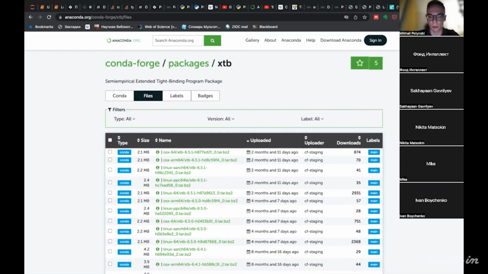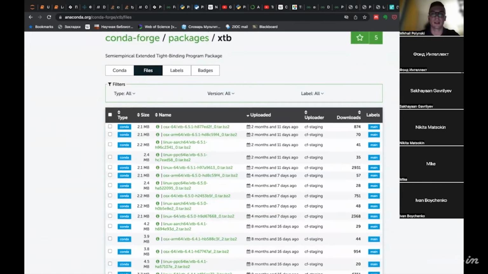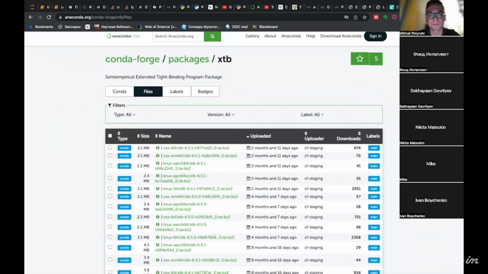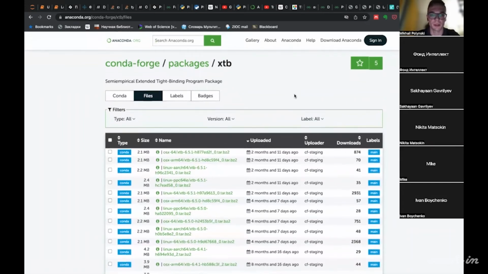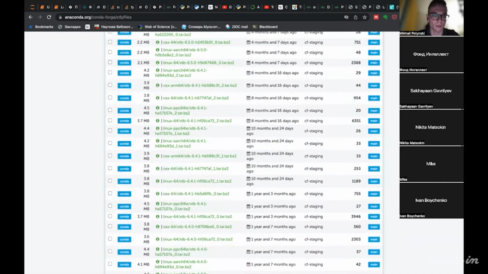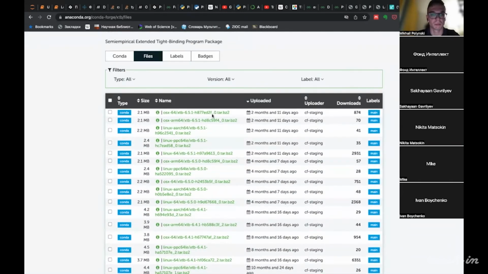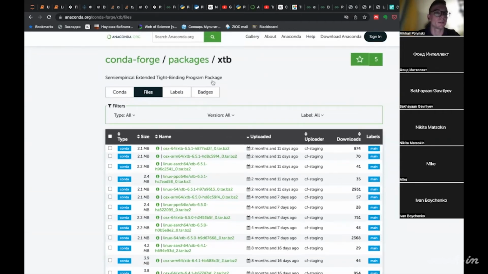However, it's a shame because as I know, some people ported the XTB program that is distributed within this package to the Windows platform. However, for a reason unknown, it's missing here.